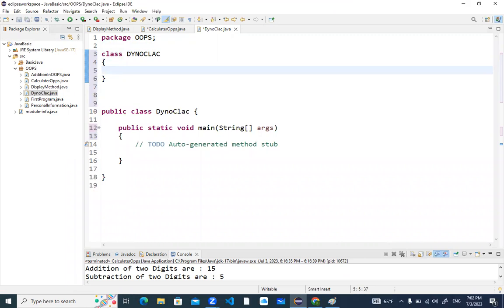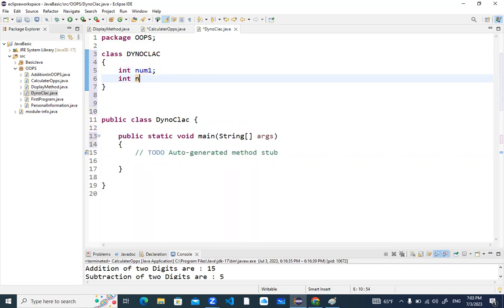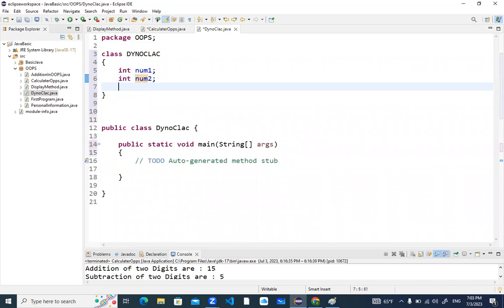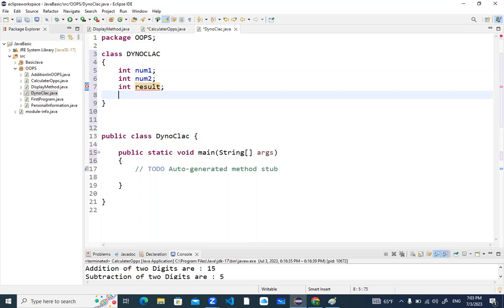Okay. Next is to do what? To declare 2 variables with a third variable, in which we can store the result. Okay, first variable int num1; int num2; int result;